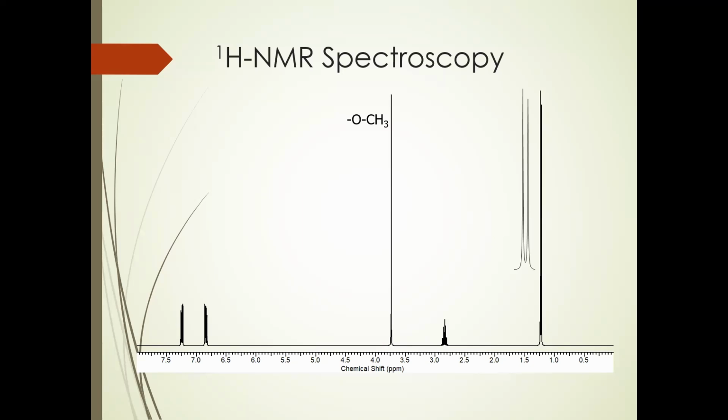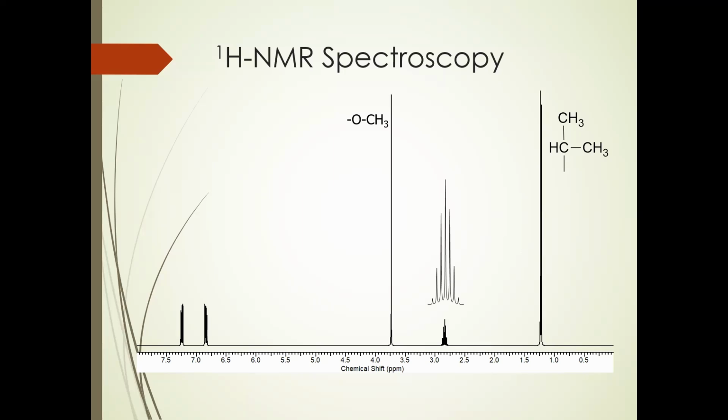Doublet means there is one neighbor, meaning those two CH3s are each bonded to a CH. And so that tells us we likely have an isopropyl group. And so that one hydrogen is splitting the two methyls. And then the peak around 2.7 ppm, blow that up and we can see that we have one central peak,